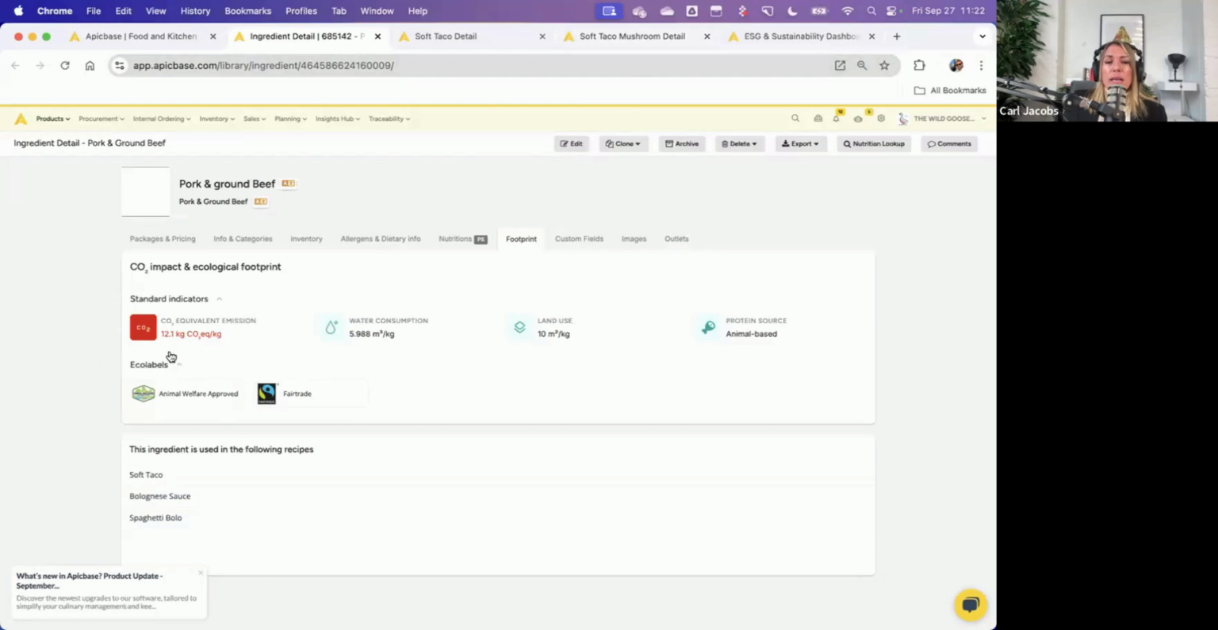Now let's go ahead and look into recipes. But before we do, you'll notice right here in that standard indicator for your CO2 equivalent emission that this ingredient is in fact red, very high. That's based on our values that we set just a moment earlier. Jumping into the